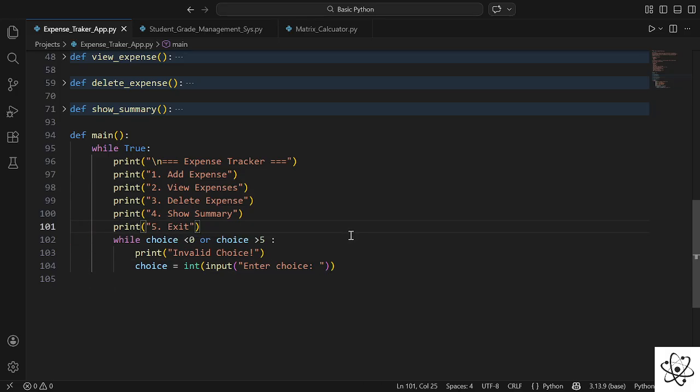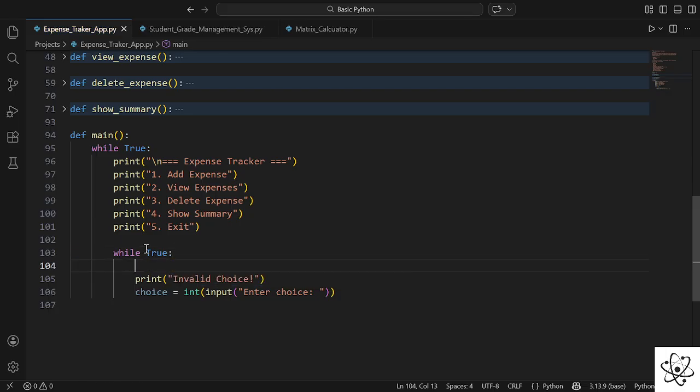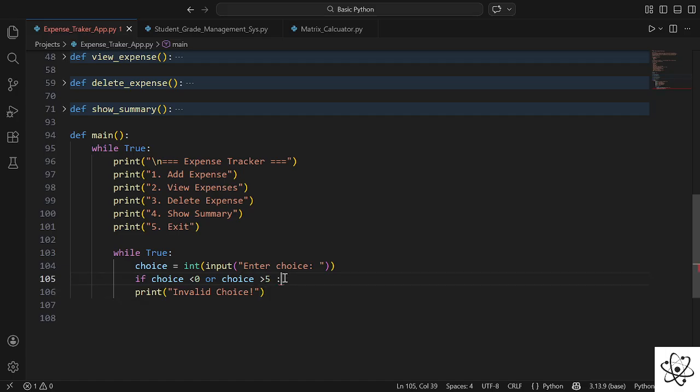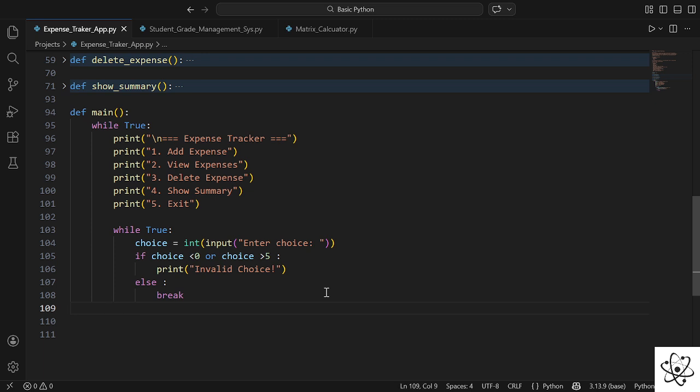Or maybe that can also be done by simply saying, we can say while true, if, and we are going to put the choice here, cut it from here, and if the choice lies in this situation, then print invalid choice, else break this while loop, and